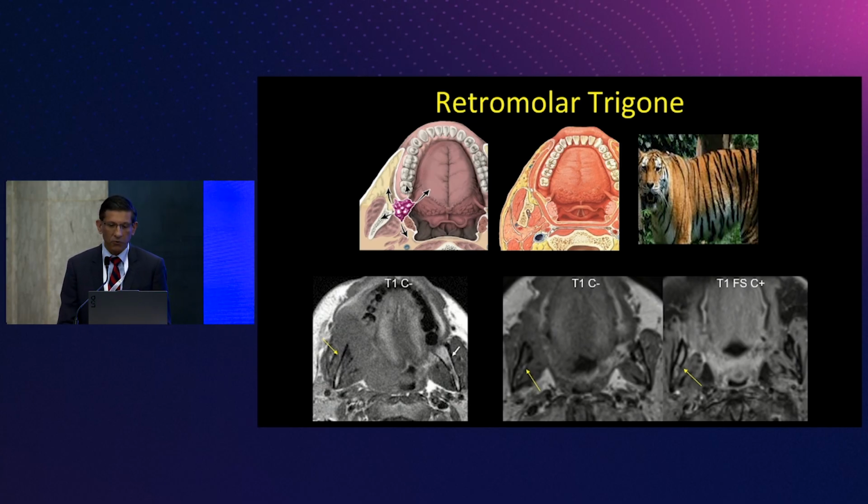So from our standpoint, my take-home message for you is that when you have these tumors involving the retromolar trigone, number one, do a CT scan to look for bone erosion. But number two, and I finally convinced my surgeons to do this, get MRIs on all these patients, make sure you use gadolinium, and take a really, really close look at the bone.